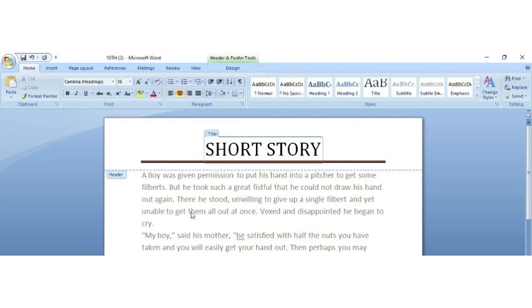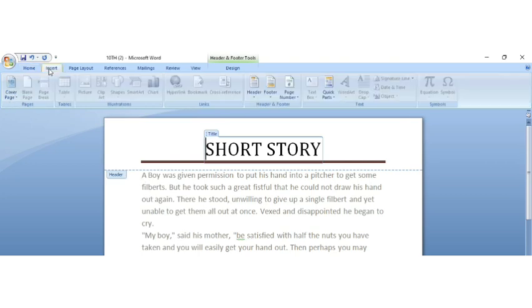So what are the things we can insert here? We can insert graphical objects like a picture, logo, image, and even audio clips at the bottom of the page. We can insert date and time, right? Now next is how we can close this header and footer.